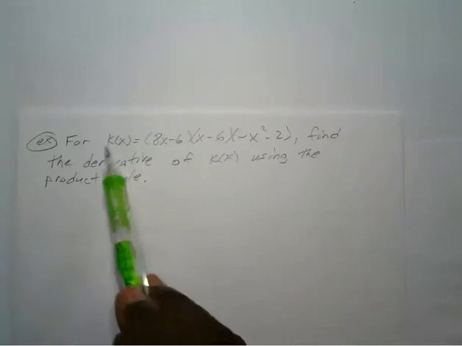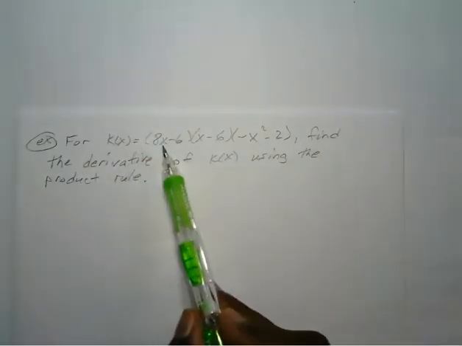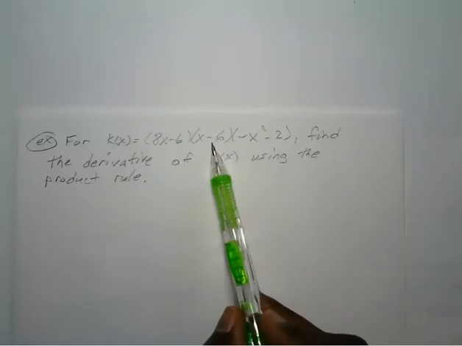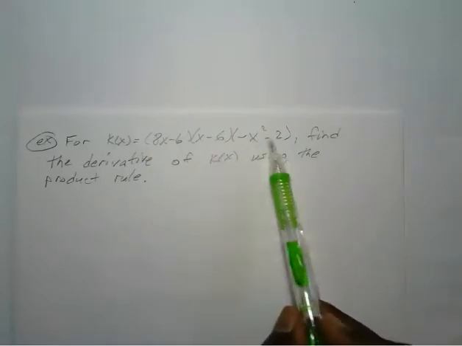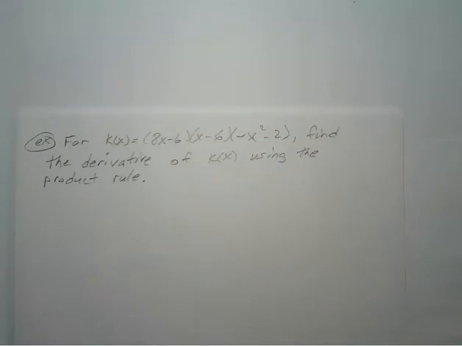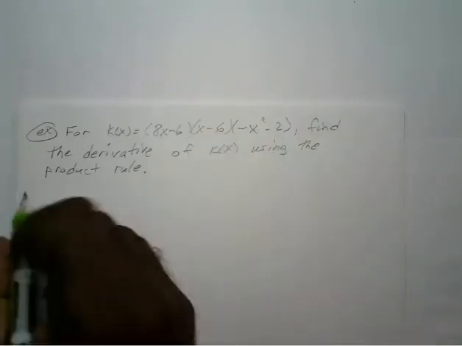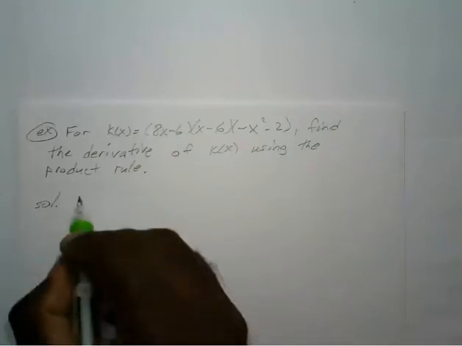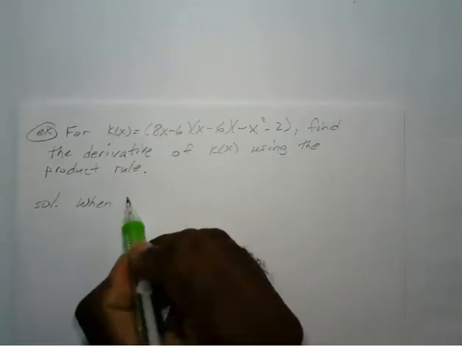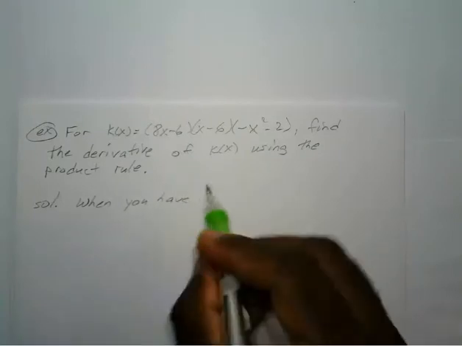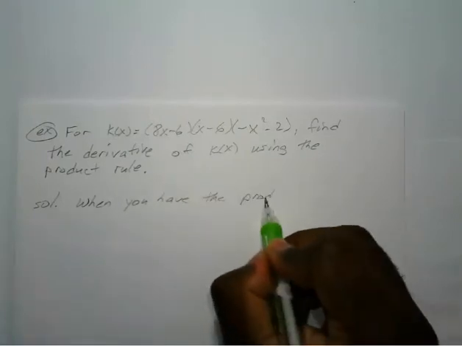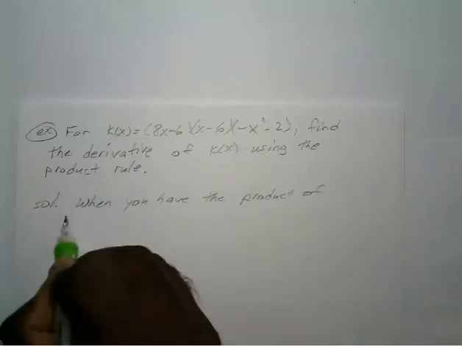Okay, so for the function k of x is equal to 8x minus 6 times x minus 6 times negative x squared minus 2, find the derivative of k of x using the product rule. Okay, now this is a little bit different than the product rule that we've been using because you have 3 factors. Okay, when you have the product of 3 functions,